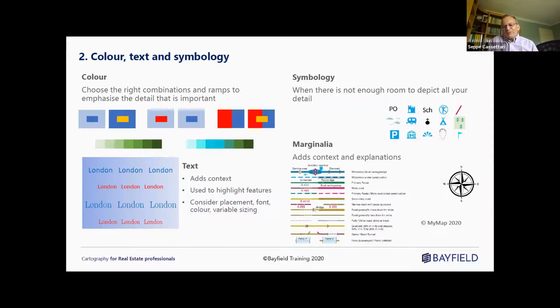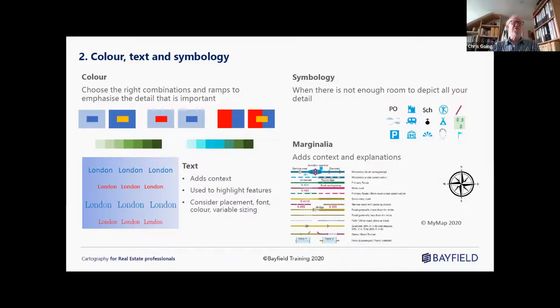Text sizing is also important. You can use it to emphasize features. So the more important it is, the bigger the text. Text can be used to create hierarchies in terms of the understanding of the map. So, on a map of the world, the continents would be more important than the countries, which would be more important than capital cities, which would be more important than regional cities. That sort of idea. You can use techniques like highlighting and shadows to emphasize the text, but again, don't make it overcomplicated. But also remember, with the new technologies, which we'll mention a little later, dynamic and animated text can be very effective.